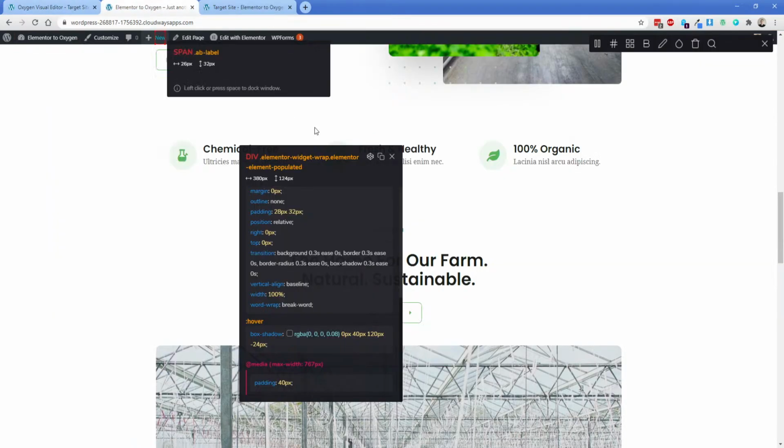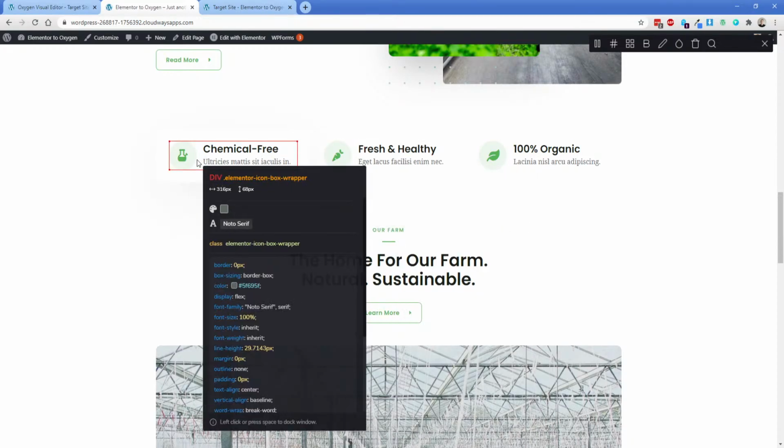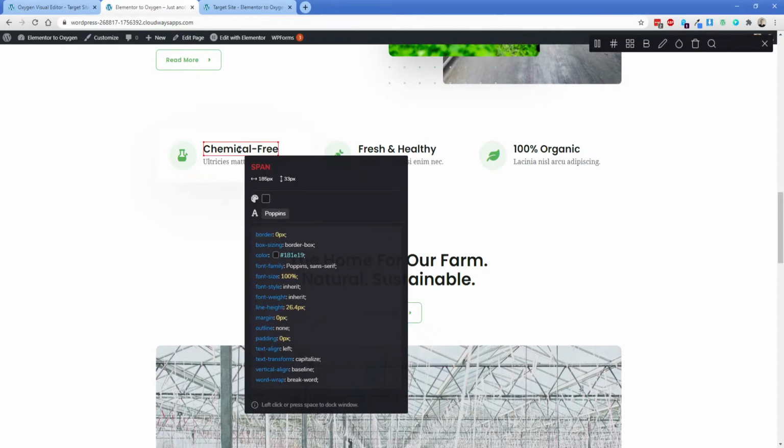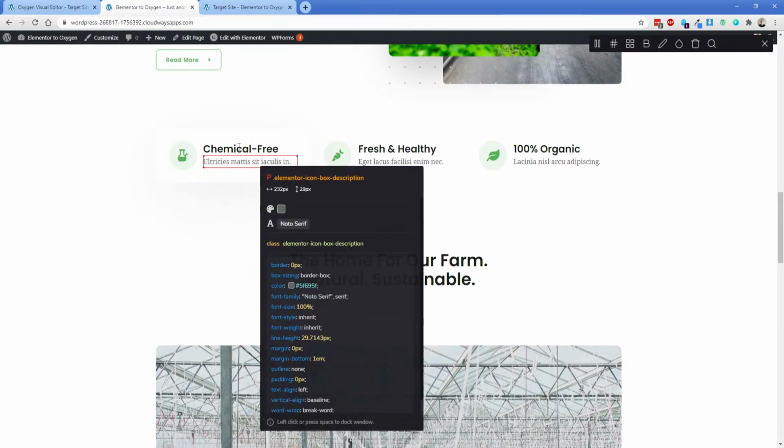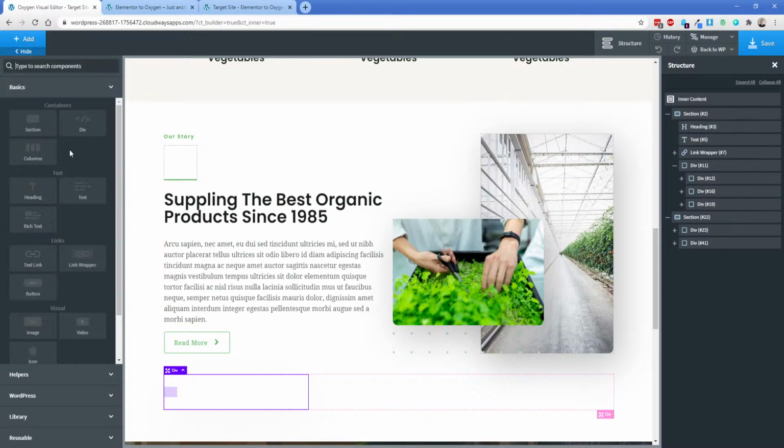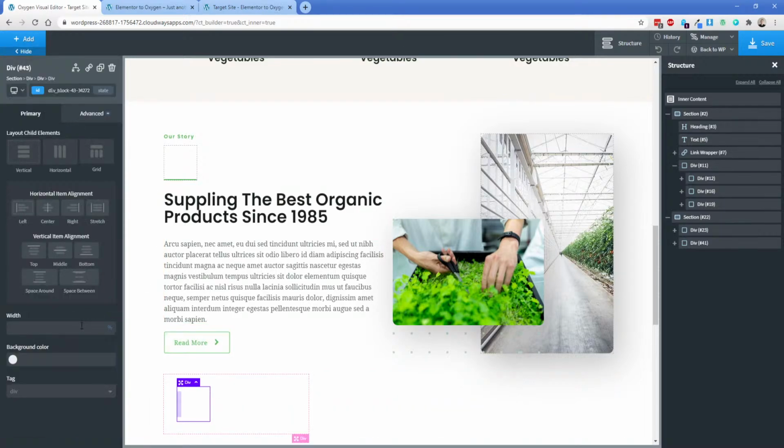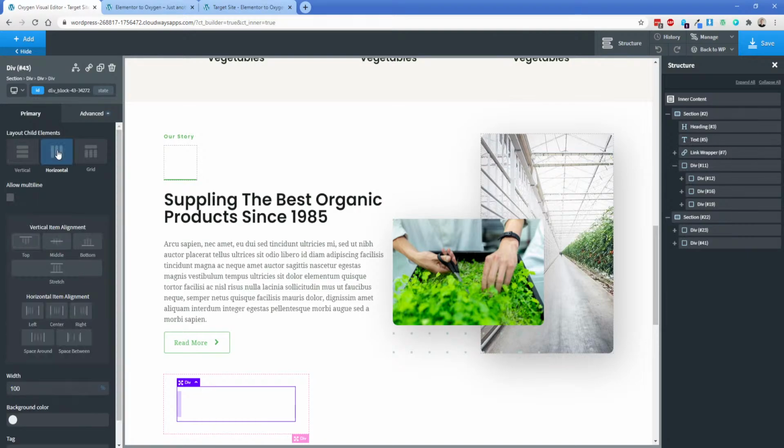So now what we need to do is stick in an icon on the left side. So we probably need to add in another div here. We're going to do an icon, a heading, and then some text. So we're going to pop in another div, set this one to 100%, not 111%, 100. We're going to go to horizontal,